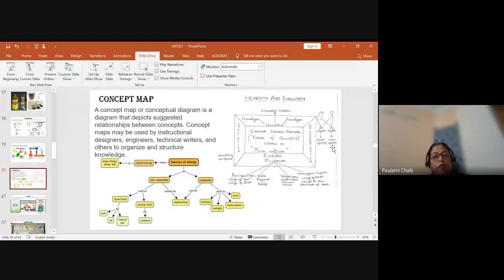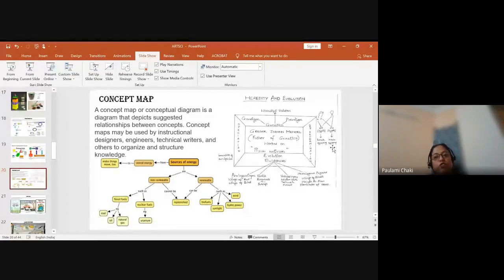Then come concept maps. Concept maps can be done practically in all the classes. In the lower grades, in a few books, you can see concept maps given at the end of the chapter. So you can always ask your students that, okay, you have learned the whole concept. Now I want a representation of your understanding of this topic through a concept map. Teach them how to draw a concept map, then give it to them. You can give it as a group activity. Every time one group will be assigned one concept map to be done. So at the end of your session, you will have a concept map for each and every lesson, which you can use in your future classes.